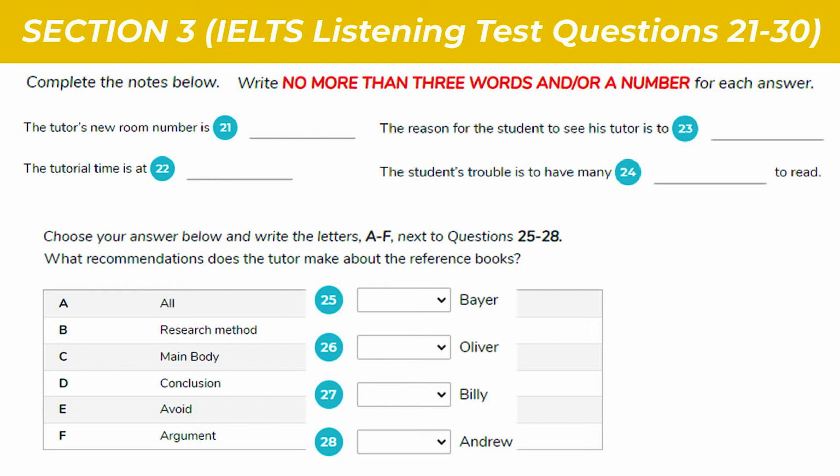Yes, well, I'm having too many reading materials to read. Too many? How many? Besides academic journals, I have about 15 books to read next month. I don't think I can finish them. Oh, darling, you do not need to read them all. What do you mean? I mean, you can choose some parts of these books which can help your work. Really? Could you give me some suggestions? Sure.